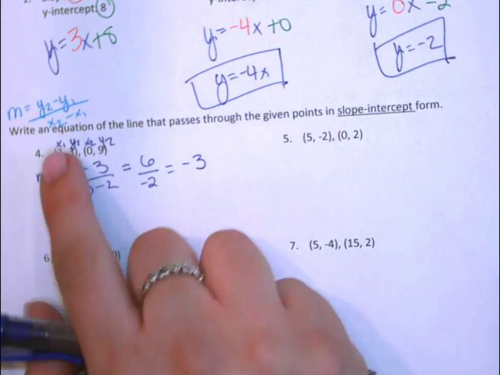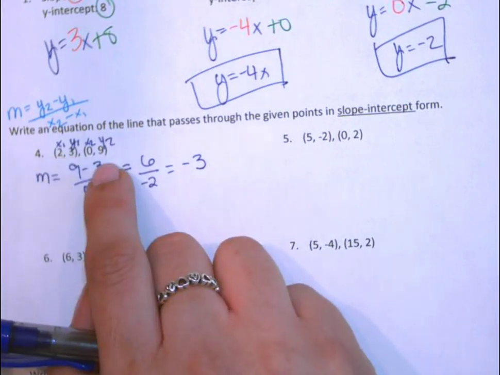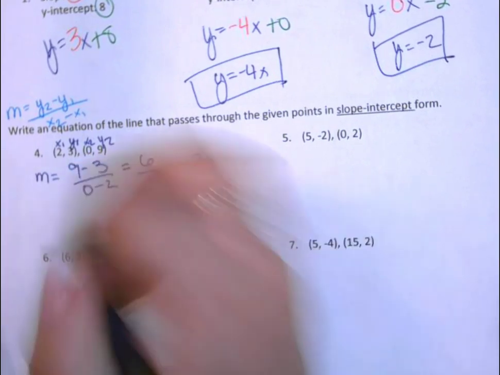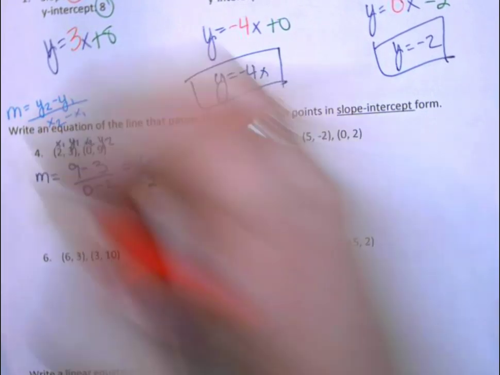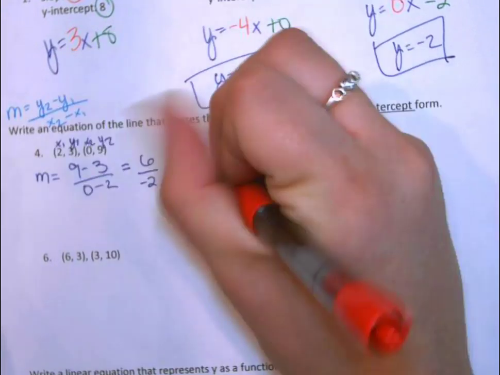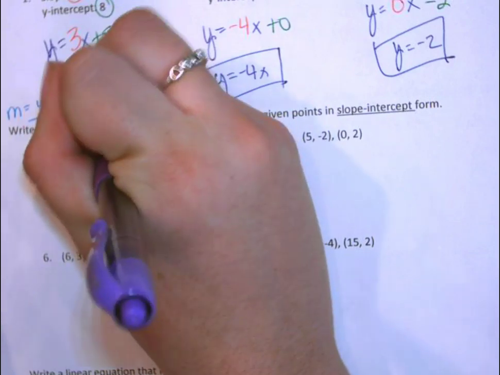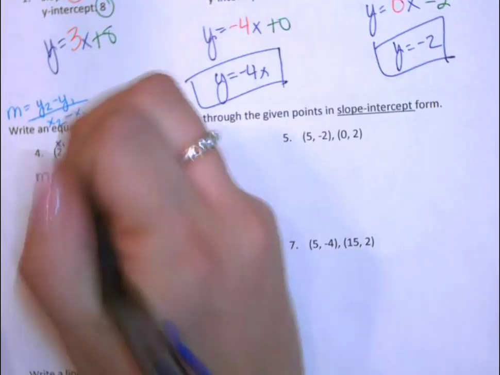And I can pick either set of points for x and y. I'm going to pick the second set just because 0 typically tends to make things easier. So this is going to be my m. And 0 will be x, 9 will be y. So I have